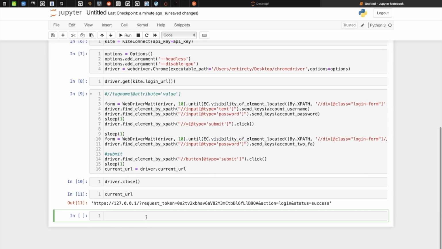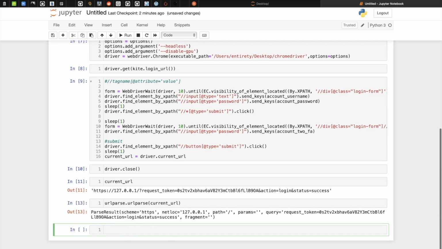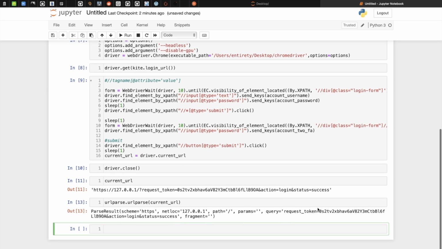Now simply call the urlparse method and pass the current URL. As you can now see, the request token is separated. So we can simply assign a variable to this parsed URL.